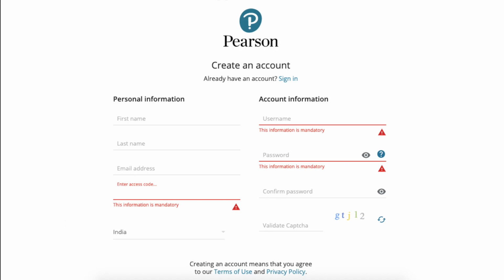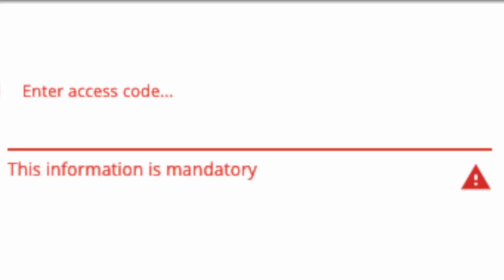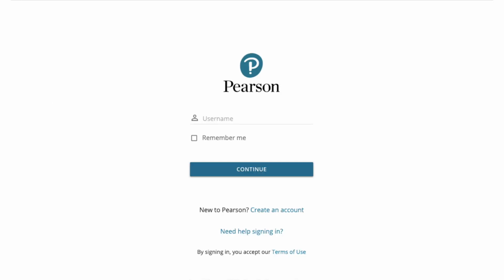Along with the other details, you will be prompted to add an access code. Now this access code will be shared with you by your instructor. I repeat it again, this access code is very important, which will be shared with you by your instructor. Don't worry, in case you are unable to get that, you can always write back to libraryacquisitions@jgu.edu.in or eresources@jgu.edu.in. Once your registration is complete, you will be prompted to log in with username.